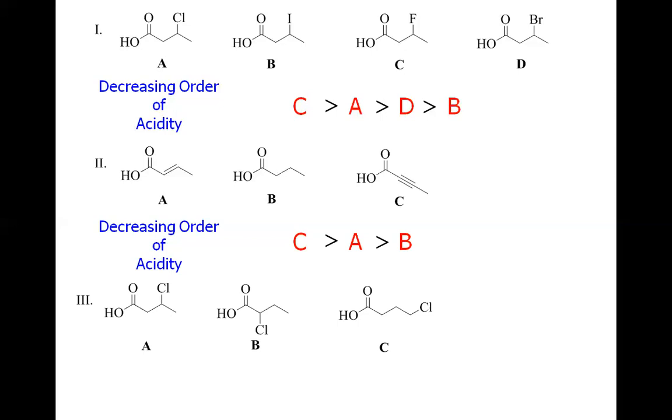For part 3, we have the same halogen, chloro, attached at different positions, and the nearer the halo group is, the more acidic the compound is. So by this token, compound B will be the most acidic because it is connected at the alpha position, while compound A is connected at the beta position. That is why it is the second most acidic compound, and then C is the third, because we know that halogens are electron withdrawing groups. Hence the nearer the halo group is to the carboxylic group, the more acidic the carboxylic acid will be.